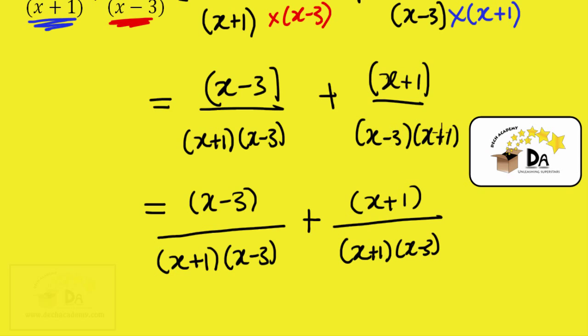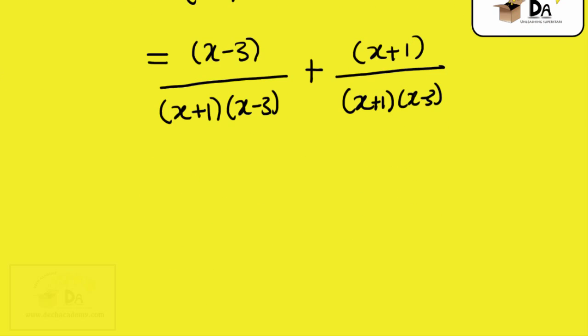Remember, when you're multiplying two terms, the order in which you multiply doesn't matter. And all of a sudden, you can see that this denominator term is the same as this denominator term. So that's x minus 3, which means that we now have an addition problem of two fractions which have a common denominator. And for these problems, you know that the resulting fraction has a denominator equal to the denominator of any of the original fractions,